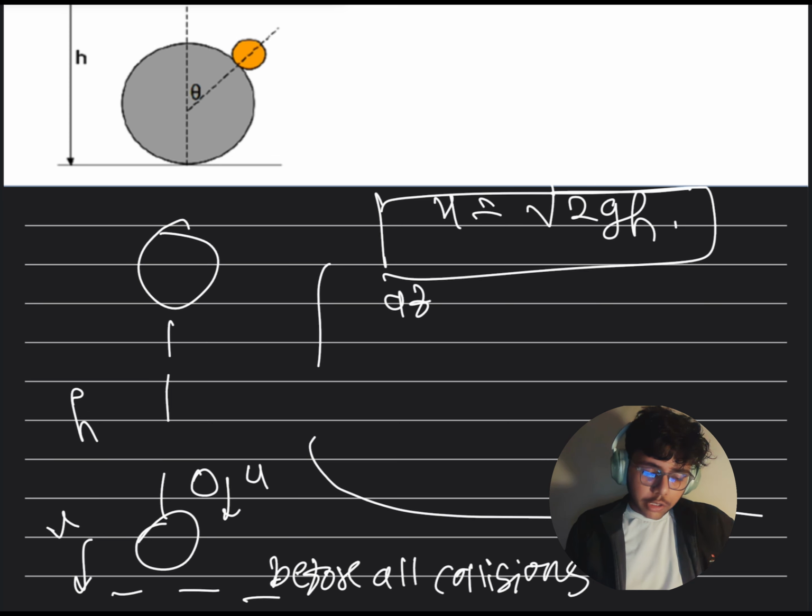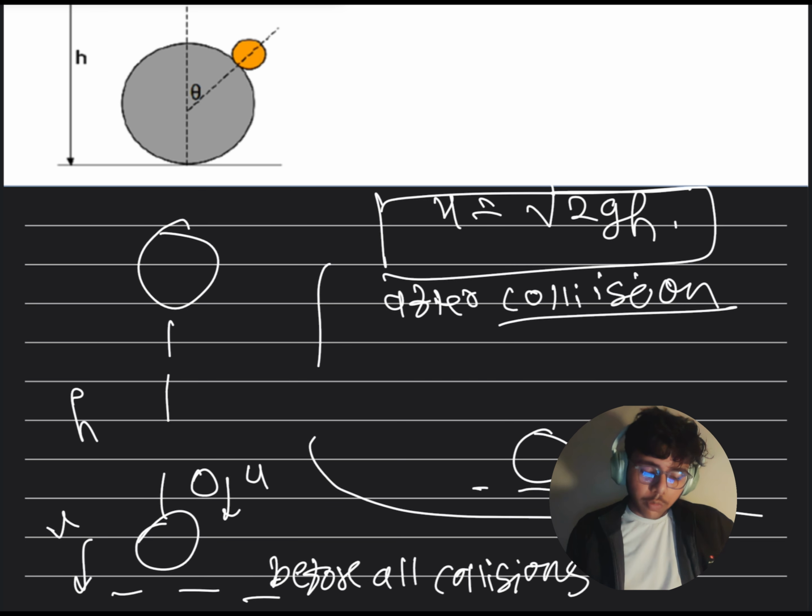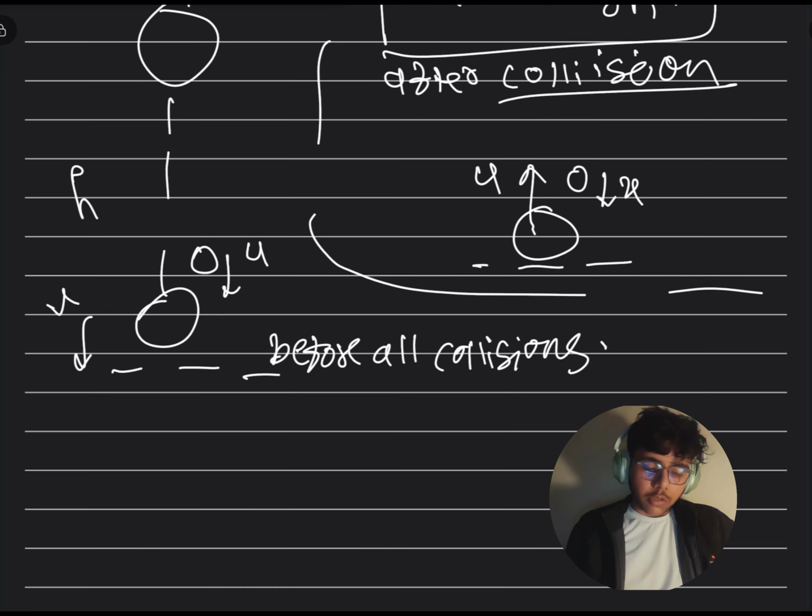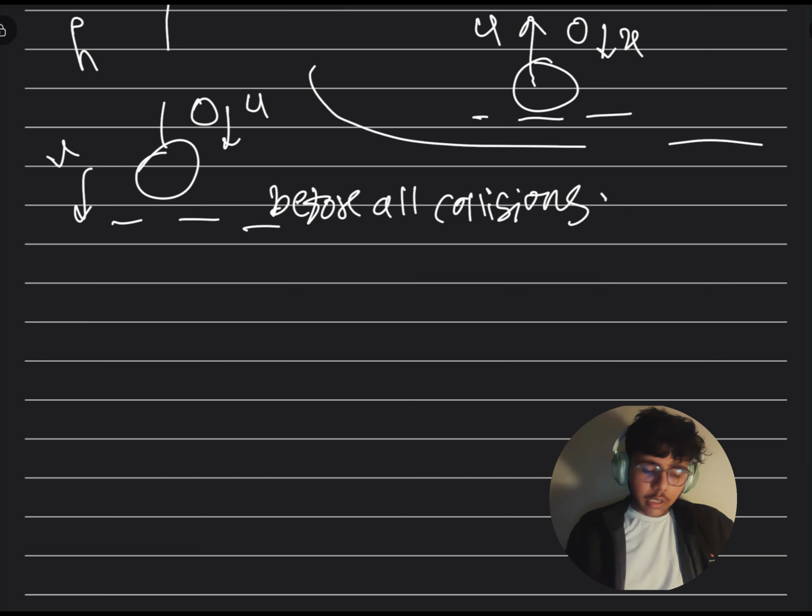And after the first collision, this larger ball would be rebounding with a velocity u, and the smaller ball would be coming down with u, and there would be another collision afterwards. And after this collision,